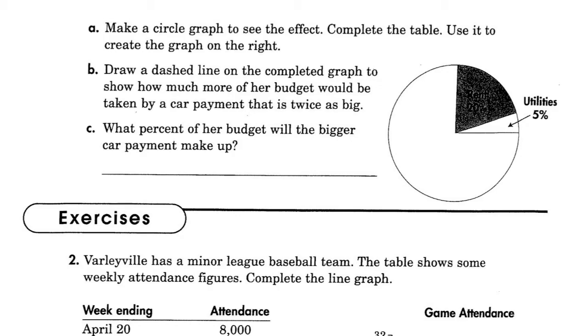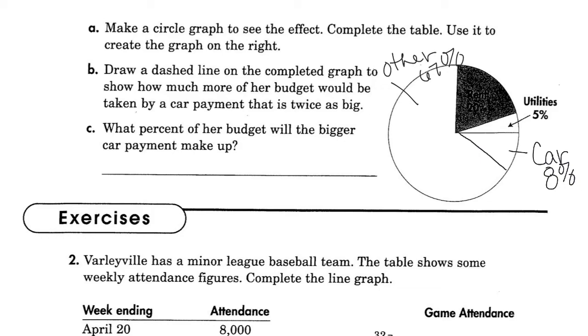All right, it says, make a circle graph to see the effect. Complete the table. Use it to create the graph at the right. Now, you guys probably don't have a protractor at home. If you're working in school, I can have one and help you do this. Now, our car payment was 8% or 29 degrees. And that is at about right here. So this is going to be our car, and it's 8%. Then the rest of it is other